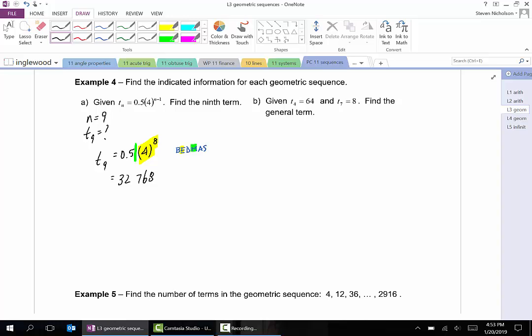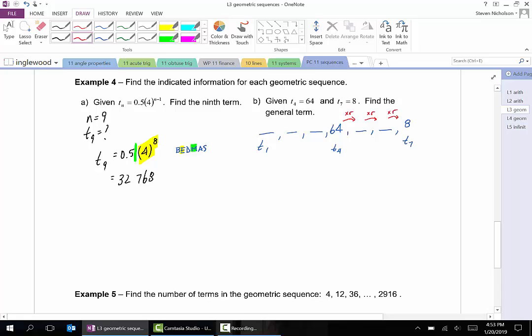Well, the question on the right is asking us for T of n. And in this one right here, we don't have the common ratio, and we don't have the first term. But what we do have is the 4th term in the sequence. So here's our T of 4. We don't have the 5th, we don't have the 6th, but we do have the 7th. And again, that's okay. That'll help us find the common ratio, but the common ratio then will help us go back and find T1. So in order to find the common ratio, that's the nice thing about drawing the little picture. We know that to go from here to here to here, I'm going to do a multiplication,